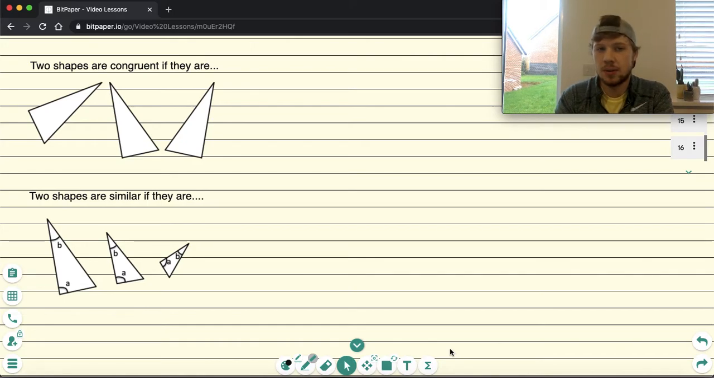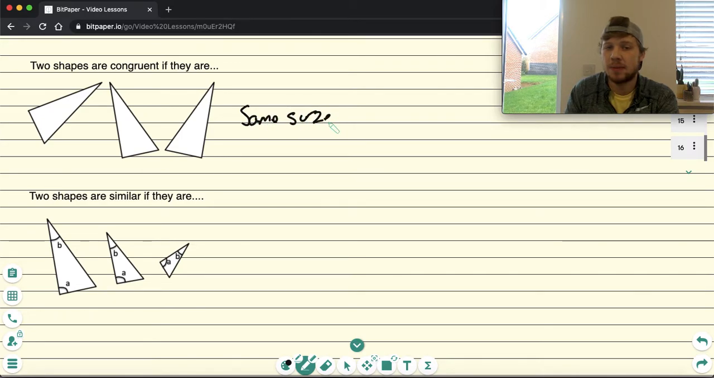Today I'm going to talk about mainly two topics and they're to do with similarity. But in order to understand similarity, we first of all need to know what congruent is. So, two shapes are congruent if they are the exact same shape. So they have to be the same size